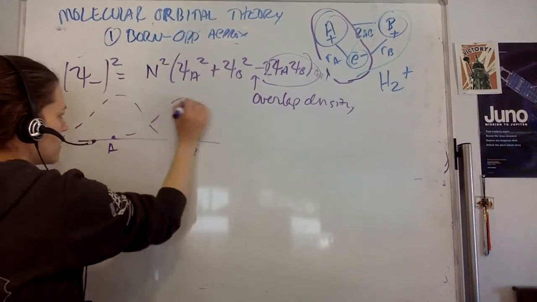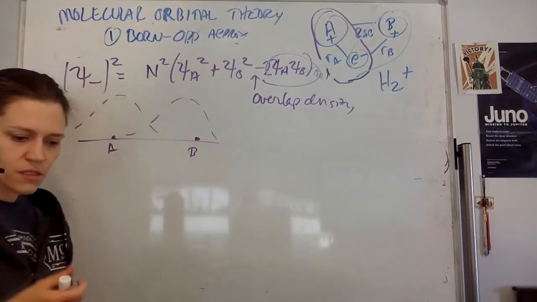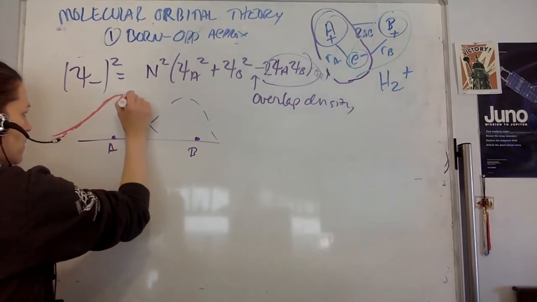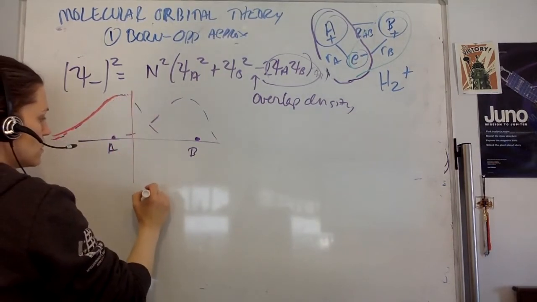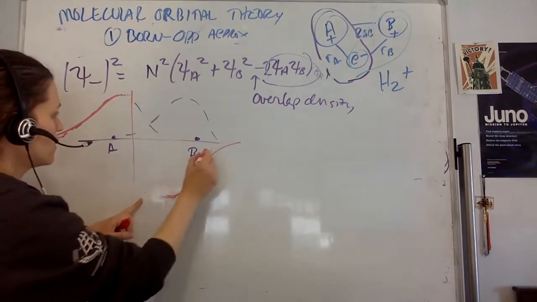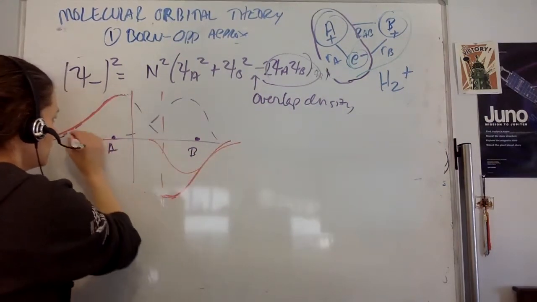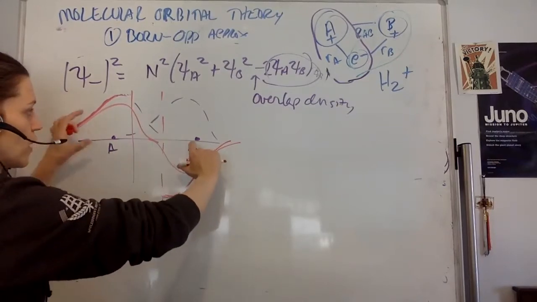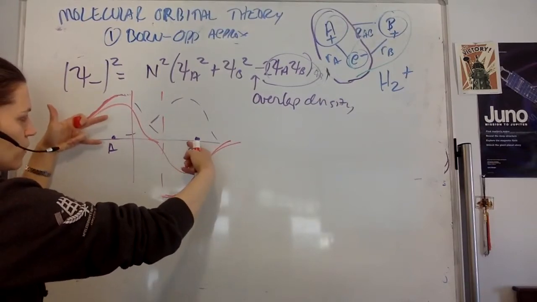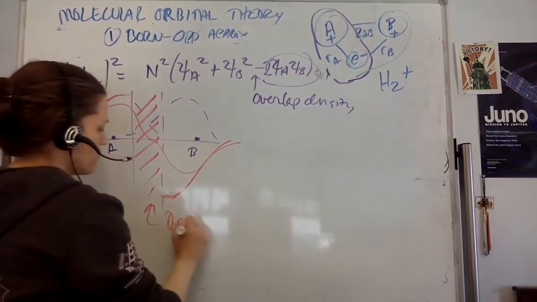So here you had the sigma bond, but then what you're going to get is something that looks like this. It's going to go up like this, and then at this point you're going to have something that looks like this. So the two waves are coming together and one is positive and one is negative. And so when they come together, now the probabilities cancel in this region. So destructive